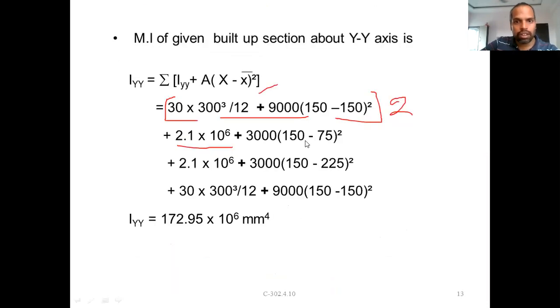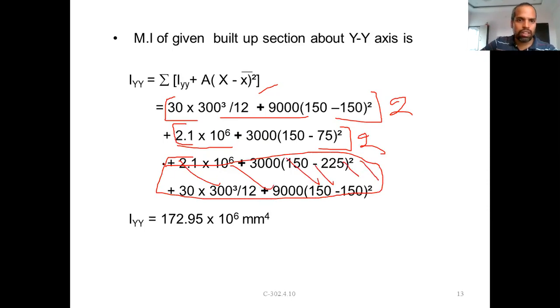75 square, right? So 150 minus 75 square. Don't think that it is 150 minus 75. Just think that it is 175 square. Directly substitute into 2. Again the same thing, you multiply with the 2. Again, don't use the 2 times calculations. It is an unnecessary waste of writing all these equations, an unnecessary time waste in the examinations. You may not find sufficient time, especially in engineering mechanics, for calculation of these problems, right? So directly we'll get the Iyy.